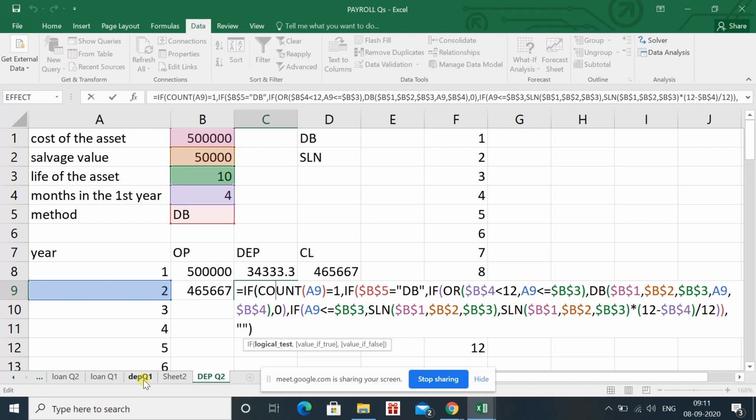But when you talk about SLN, you have to apply a different formula for the first year, then a different formula from second to 10th year, and a different formula in the last year. So we have to accommodate everything from second to 11th year. We have to accommodate two formulas, that's why it is a bigger formula.